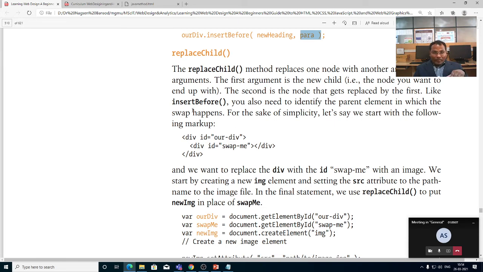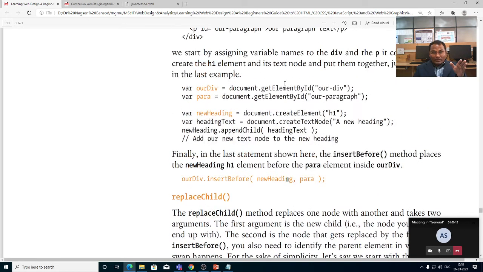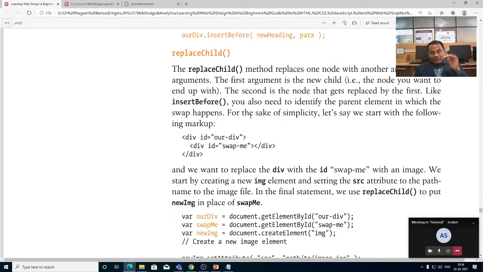Like insert before, where we know there are two arguments, and these are placed at our div. We will see this practically.